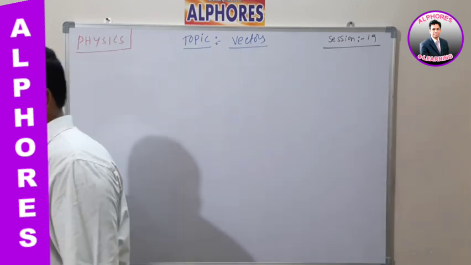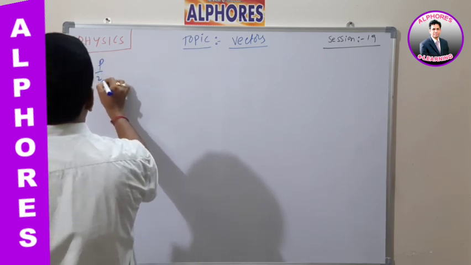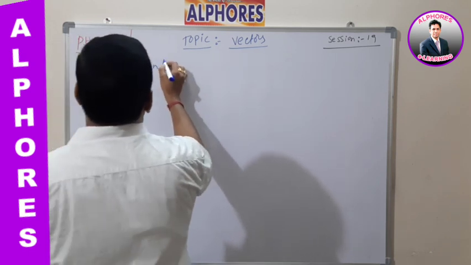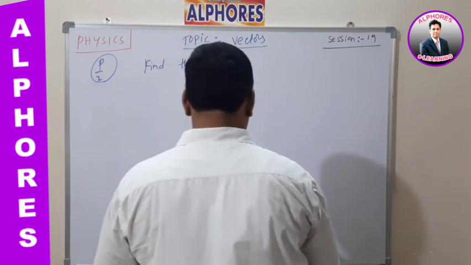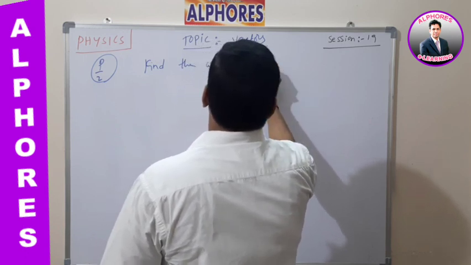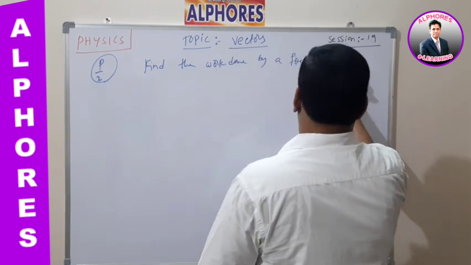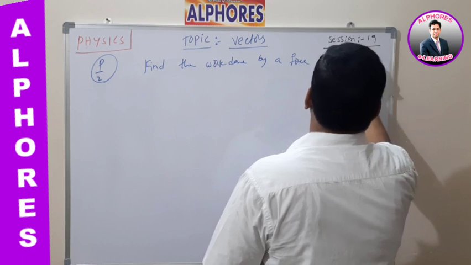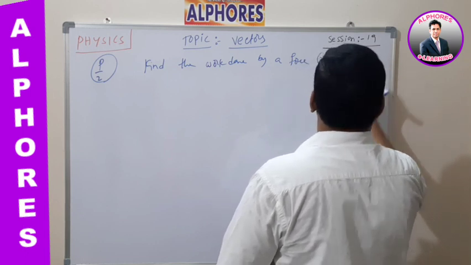Now listen. So write down the next problem, what I am giving in this. The second problem is problem number 2. Find the work done by a force. Write down this one. 2I cap minus j cap plus 5 into k cap.